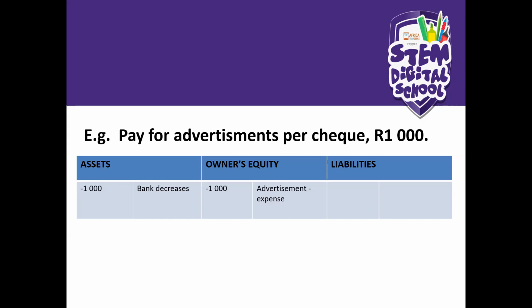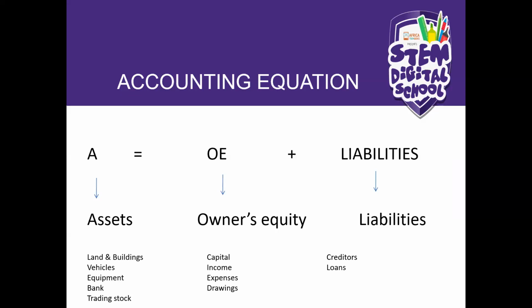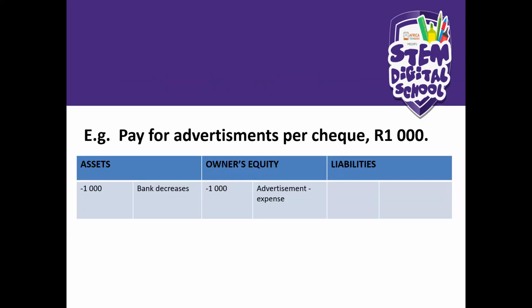Advertisement, okay? Advertisement is an expense. Let's just quickly go back, right? So remember, expenses is falling under owner's equity. An expense, you don't have to write a whole long sentence there. You just write what is the expense, advertisement, and basically you can say